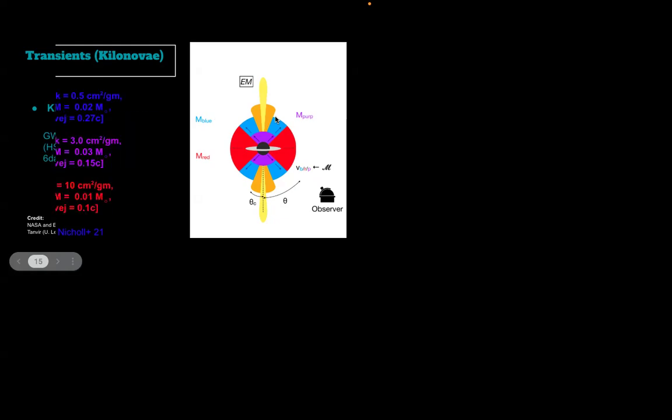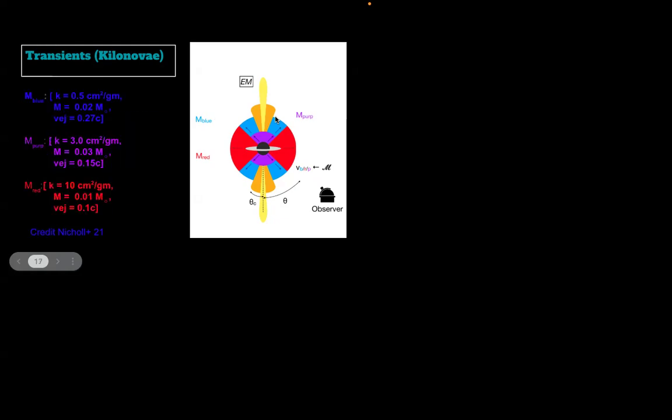You said that purple, blue and red have different kinds of opacities. Is it correct or wrong to assume that when the ejecta comes, a large fraction of it is from the material of the red kind, and much less of the purple kind? Is this schematic exactly related to that? Yes, I'll show you how these different amounts are.